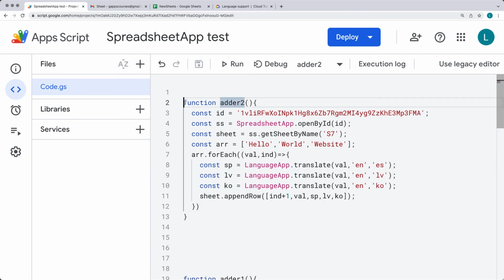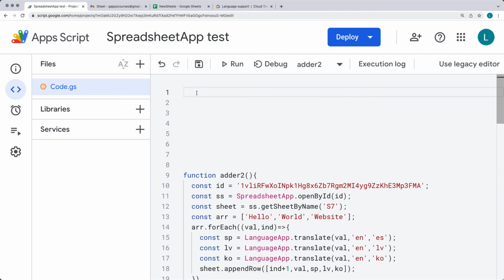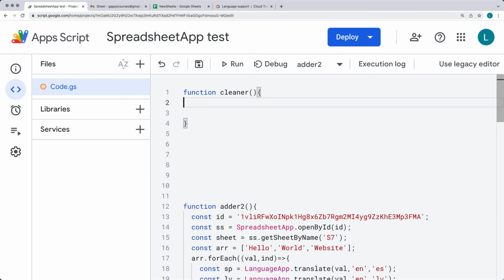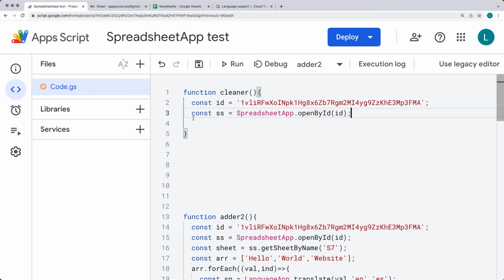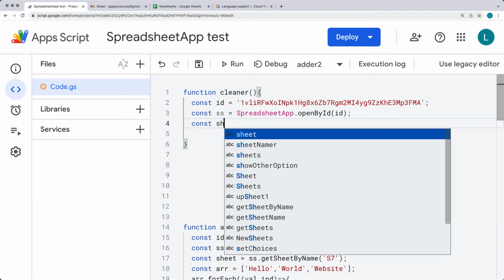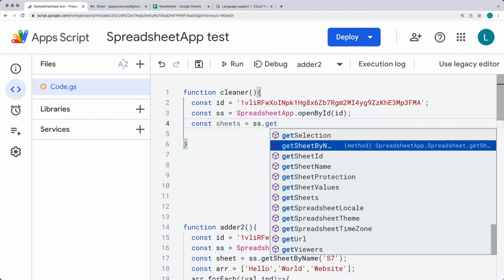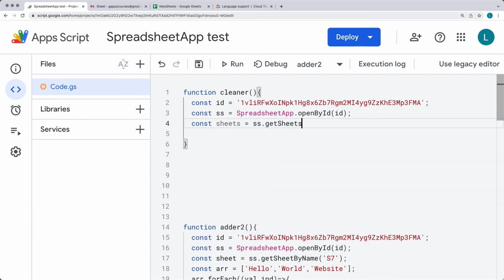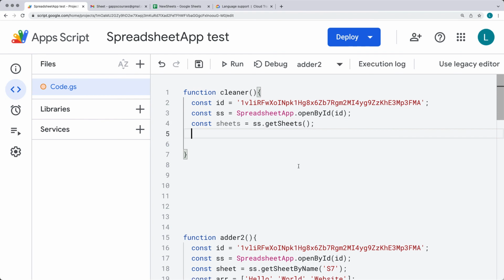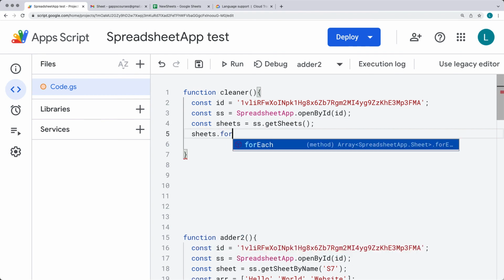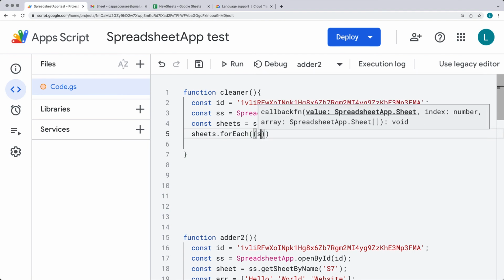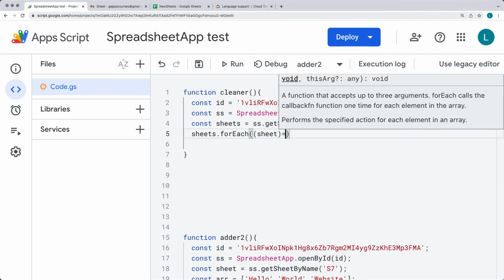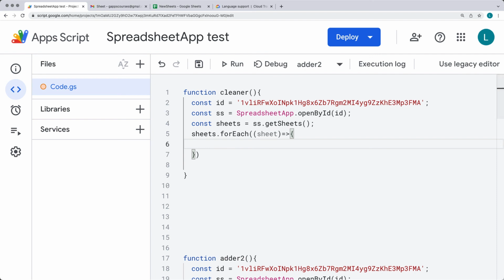And let's create another function, and this one will clean up our sheet. I'll call it cleaner, as I want to get rid of the empty sheets so that we don't have any that don't have any of the data. So we select all of the sheets within the spreadsheet. We're going to get all of the sheet values, and let's loop through the sheets within the sheets array using the for each. And this is going to get the sheet object, and let's check to see if there's content